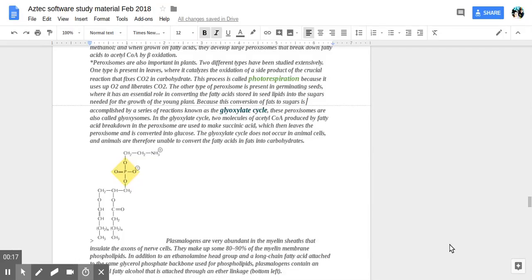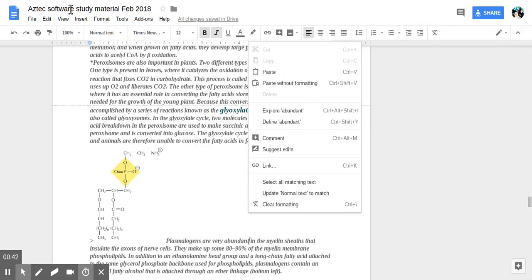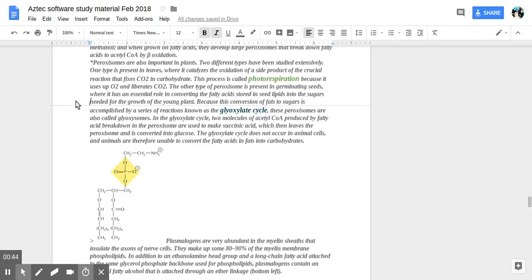We're learning about the reactions that go on in an organelle called the peroxisome, which is found in eukaryotes. Peroxisomes specialize in breaking down large molecules, especially fatty acid molecules,